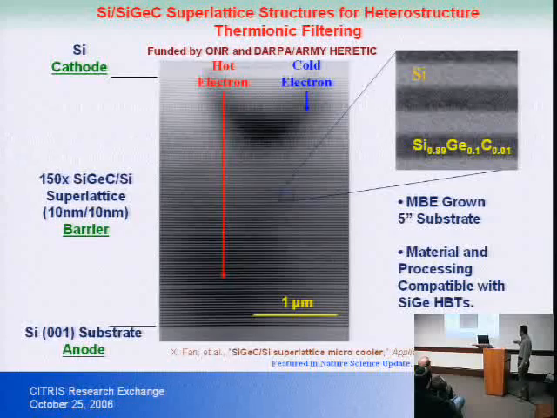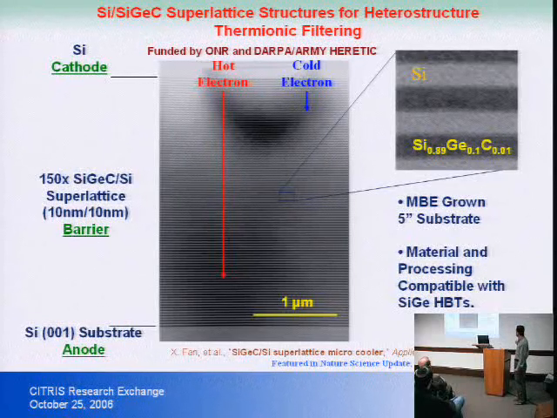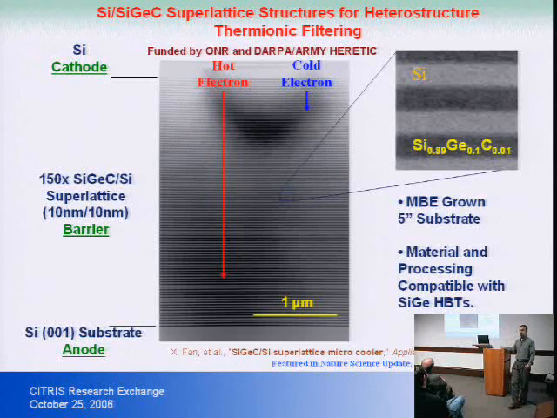Here's a silicon chip. On top of a chip, we grow 3 micron layers of some multi-layers. In this case, silicon, germanium, carbon, silicon. Layer thickness is on the order of 10 nanometer. This material system is chosen in a way that there is a potential barrier between these two materials. Hot electrons can easily move. Cold electrons cannot move. That's basically an